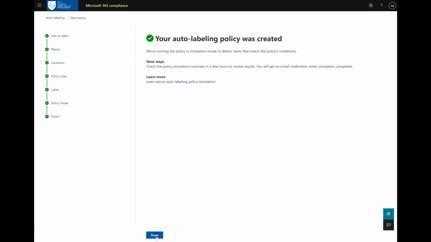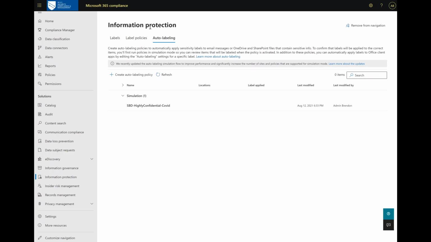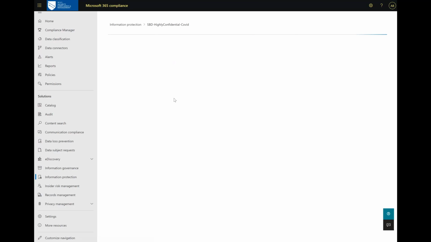So I'm going to go ahead and click done. Now, if we look at the auto labeling tab here in the information protection page, you'll see that we now have a policy that we created, and it's in this simulation drop down, right? This indicates that this policy is running within simulation mode. Now, if I select that, I'm going to open up